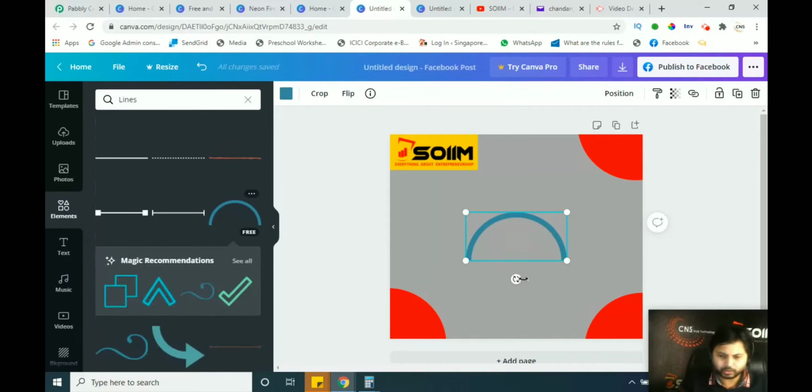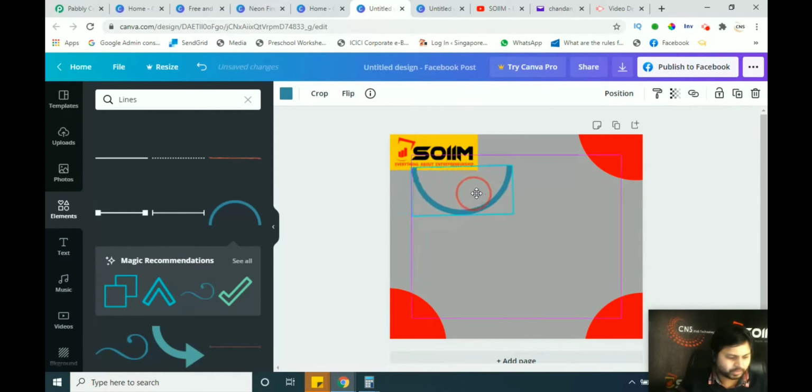If you want to rotate it from upward to downward, there is one option on this side, simply click on it. If you want to invert it, meaning you want the curve in the upper way, simply click and move diagonally. If you move clockwise, it will convert. You can move anti-clockwise also. Clockwise means the direction the clock moves, to the right. So now the curve has come like this. If you want to make a curve somewhere else, you can simply click on this curve part and draw or shift it anywhere.